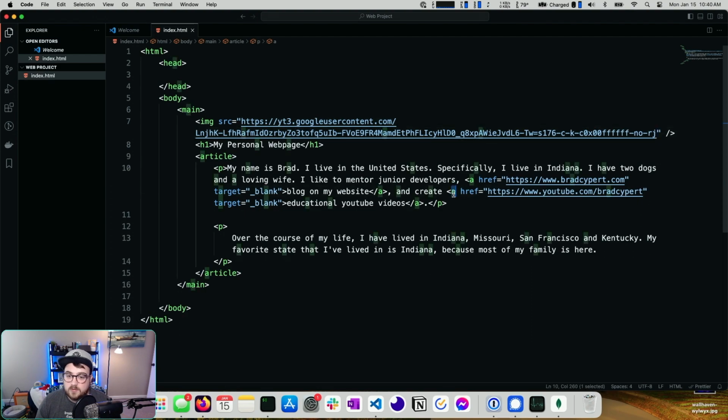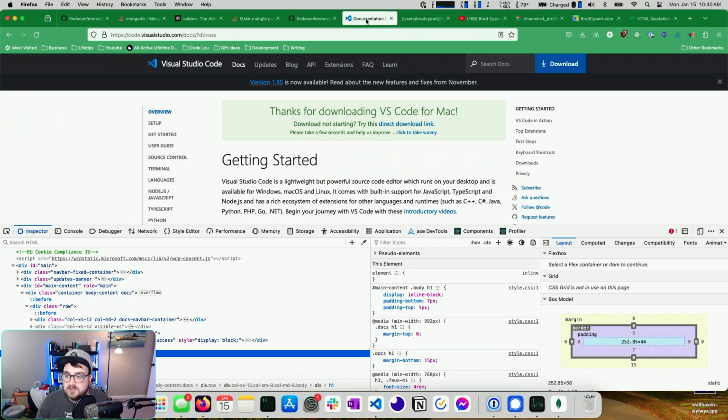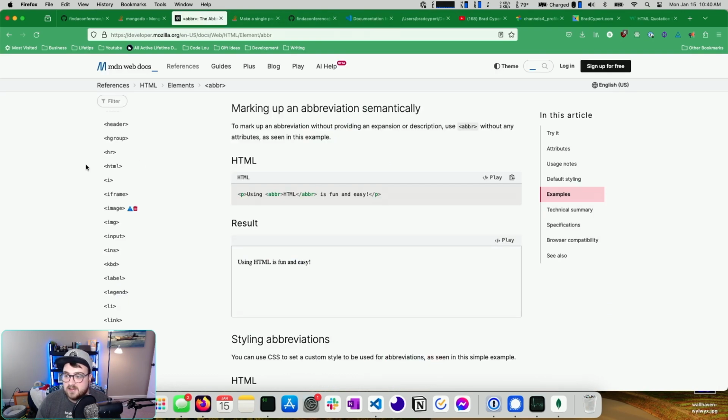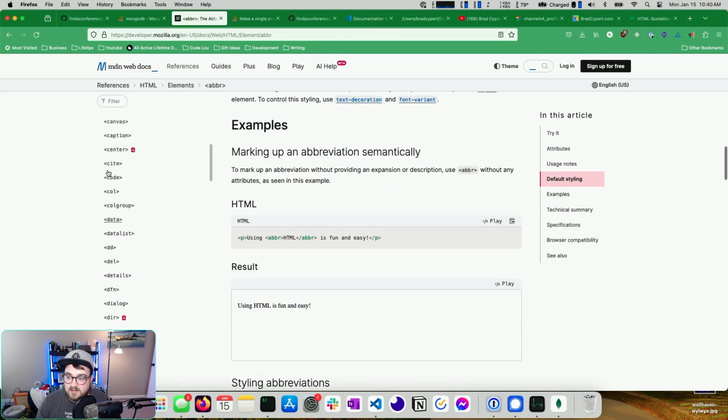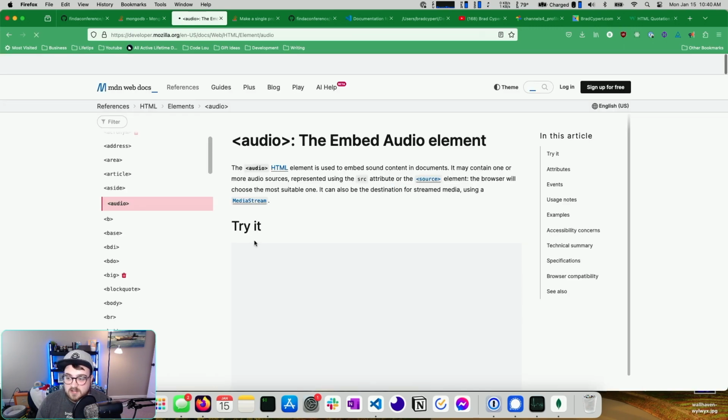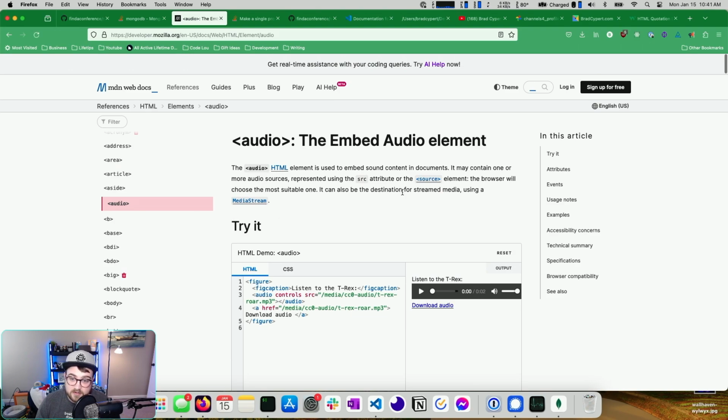So now that you've explored anchor tags and some other tags like article, I would encourage you to look at the tag list here and see what is interesting to you. You might be interested in audio, for example. Maybe you have SoundCloud. Or maybe you create audio, and you could see how this works. The one thing to be aware of here is that this path is based on your current directory. So this /media, if you have an audio file and you want to link to it,